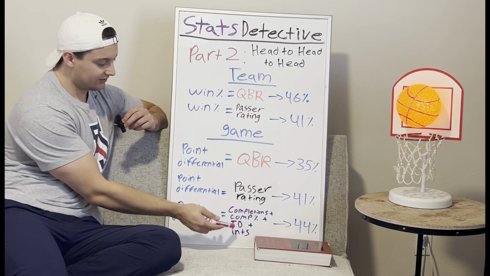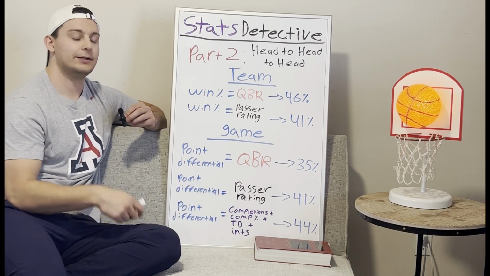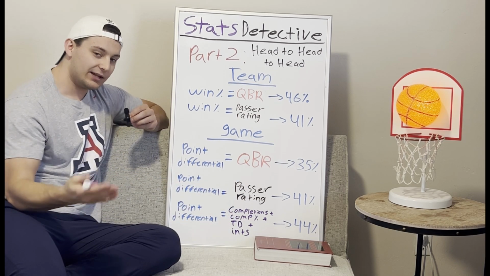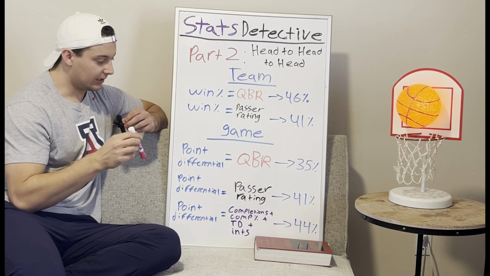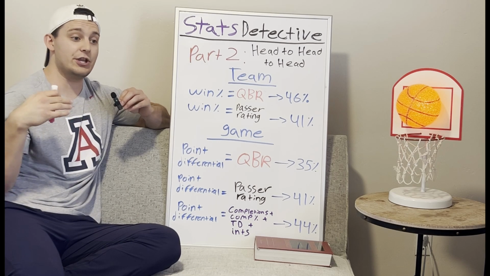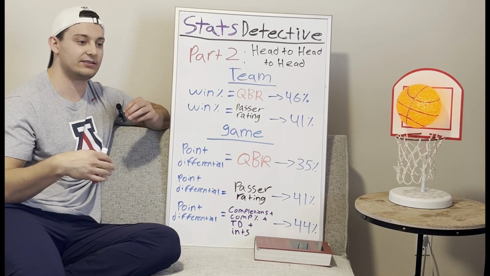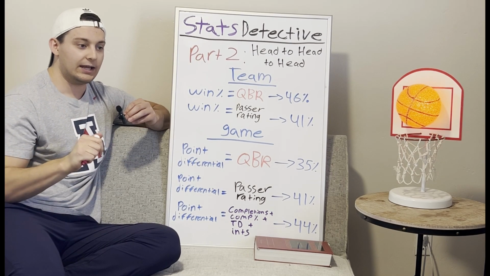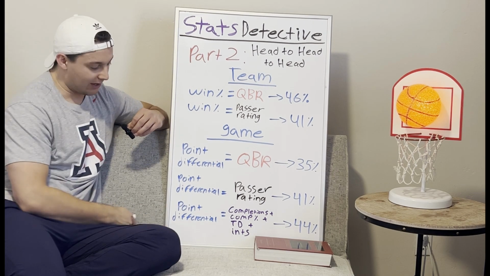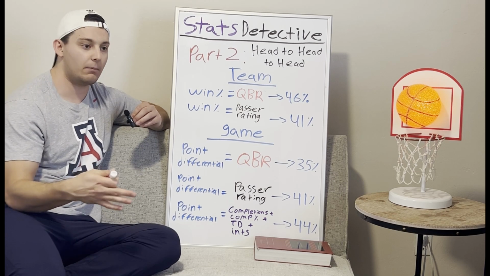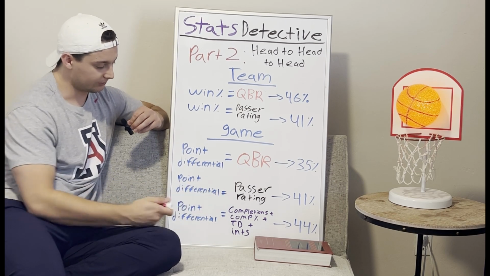You put way more things in them all. These are just single variables. Well, to that I would say that's the point. Trying to get everything into a number that is easy to digest, that you can say on TV, is all fine and dandy until you're actually trying to predict the outcomes of games. And then it does a much worse job than if you just did it all separately.